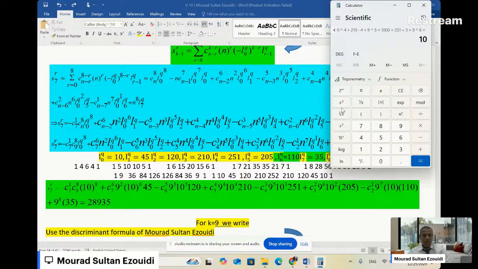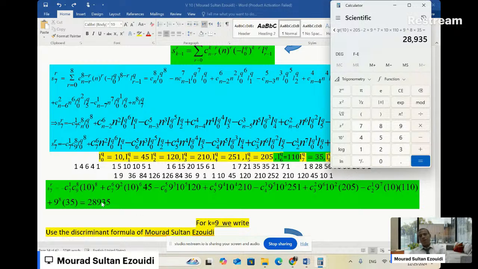So that the learner can go step by step. Times 205, minus 2 multiplied by 9 raised to the power 7, times 10 times 110. Then plus 9 raised to the power 8 times 35. This one, my kids, in fact is equal to